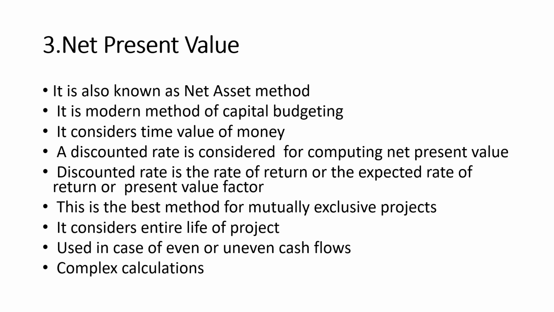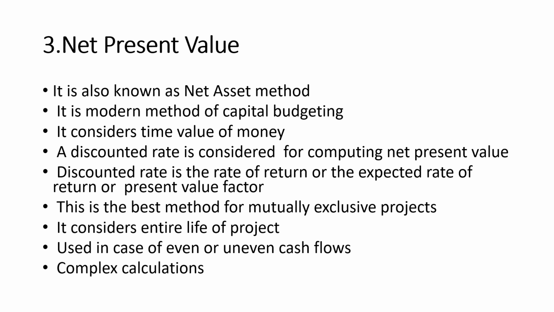Then it is the modern method of capital budgeting. Now onwards, modern methods are started because they are considering the time value of money. Then the discounted rate is considered for computing the net present value. Here we consider a discounted cash flow, and the discounted rate is the rate of return or the expected rate of return or present